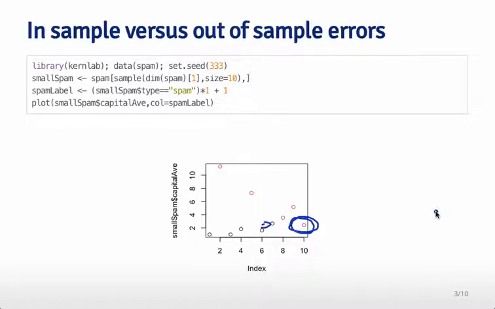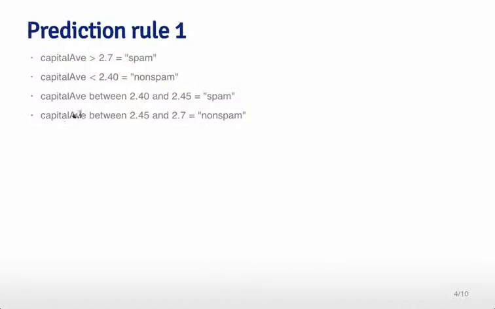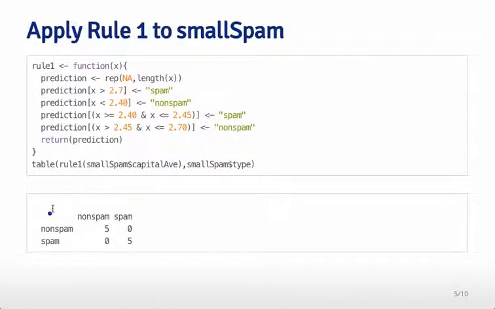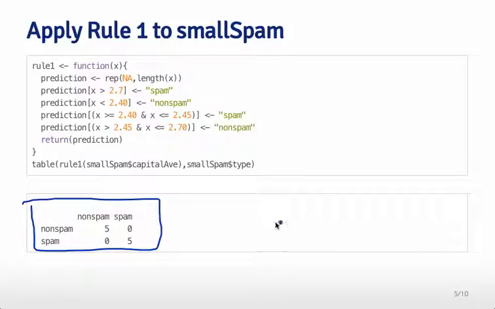So we could build a prediction algorithm that would capture that spam value as well. And so what we would do then is we would make a rule here that just picks out that one value in the training set. It says if you're between 2.4 and 2.45, you're called spam as well. And that's designed to basically make the training set accuracy perfect. And you can see if we apply this rule to the training set, we actually do get perfect accuracy. So if you're non-spam, we perfectly classify you as non-spam, and if you are spam, we perfectly classify you as